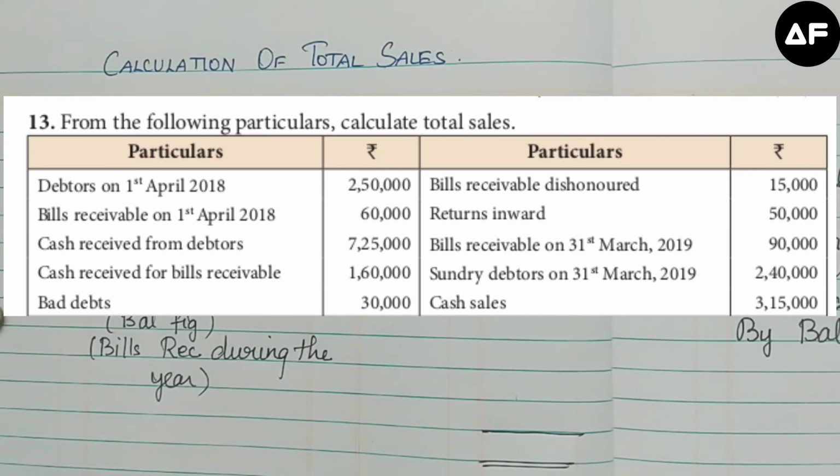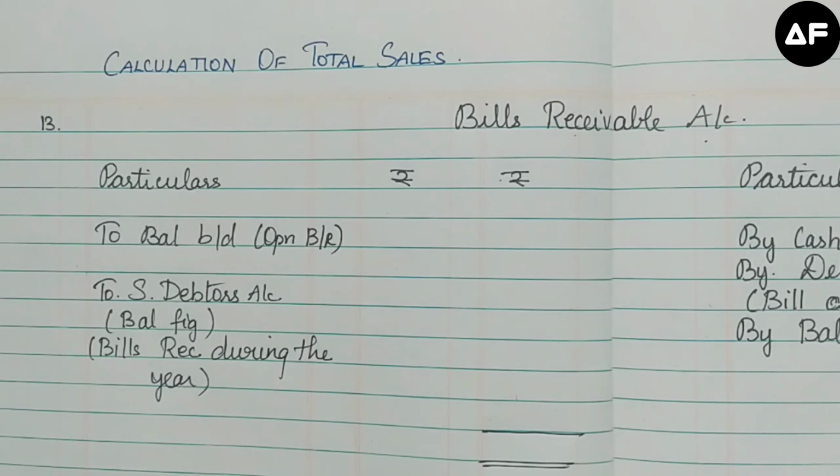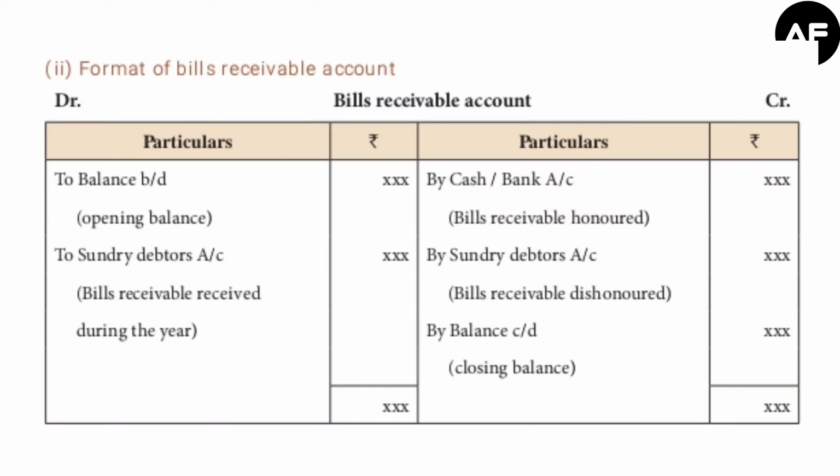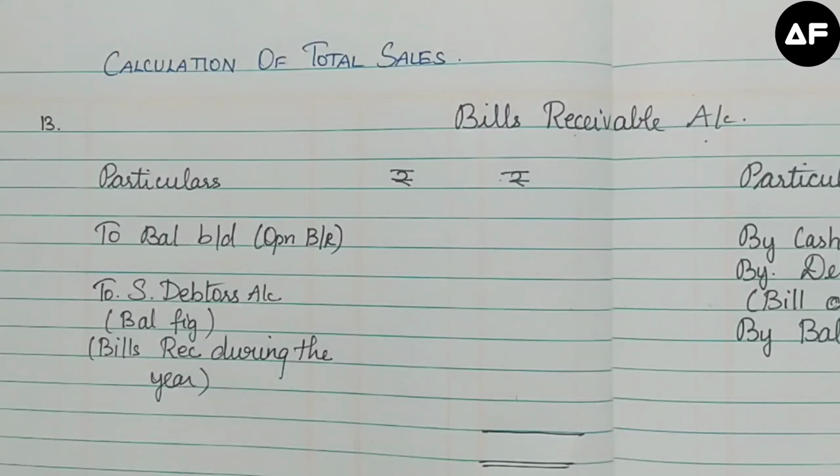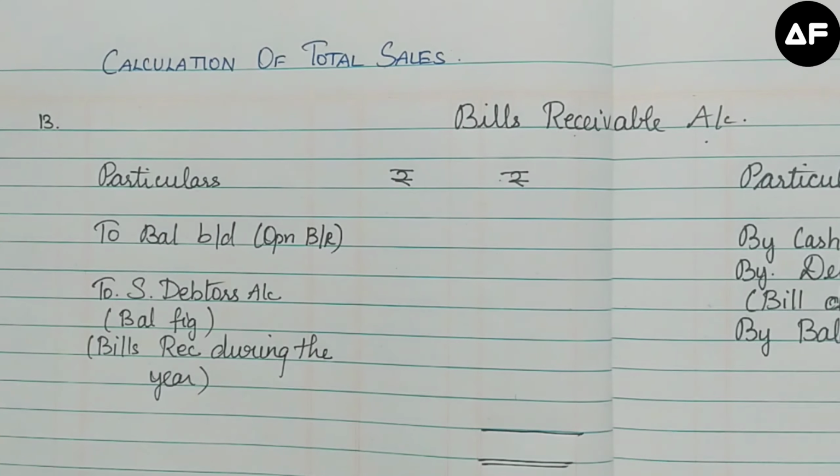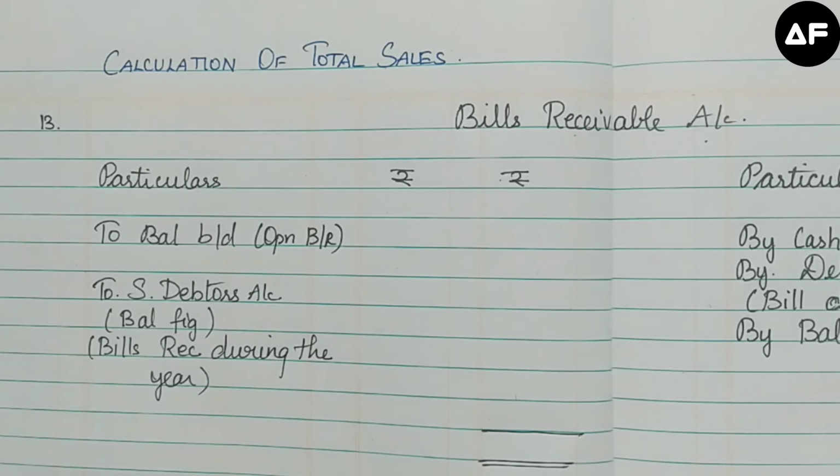Which relates to both the bills receivable account and the sales, that is the sundry debtors account. So therefore we must open the bills receivable account, find out the amount of bills to be received, and then transfer the amount into the bills receivable account. So I'll just give you a gist of what is the bills receivable account format. And with the format, I have already written out the items which relate to the particular sum. So we will go through it one by one and we will start the sum.